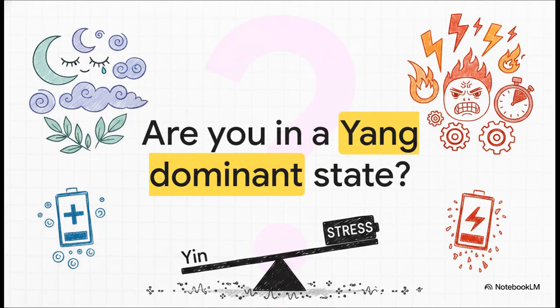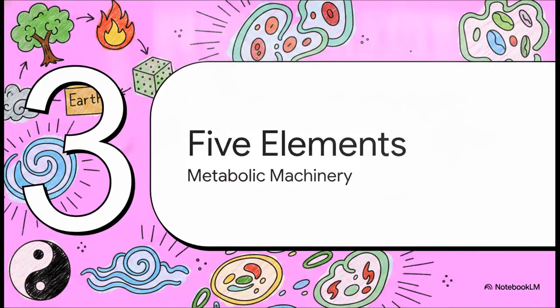So I want you to ask yourself right now, how might your daily stress be tipping this delicate balance? Are you constantly stuck in a sympathetic, yang-dominant state? It's amazing to think that thousands of years ago, physicians could actually feel this metabolic drain just by taking your pulse, using a diagnostic method that reflected your internal metabolic health long before we had modern blood panels or labs. If you're constantly stressed, you are rapidly draining your cellular batteries without ever allowing that yin rest required to recharge your ATP. Section 3. 5 elements of metabolism.